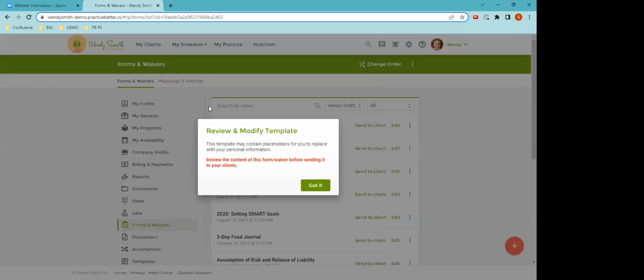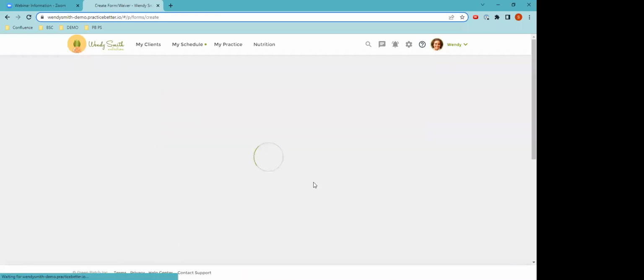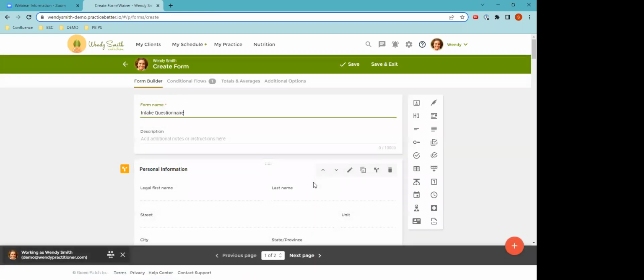And then you're going to receive a prompt notifying you that the form is going to use what are called placeholders, which will automatically pull in information from the client's record. So these placeholders are optional and can be removed. So I'm just going to click on Got It. Okay, so the create form window is going to open and it's going to pre-populate with that form template that we selected. So you'll see that we have different sections